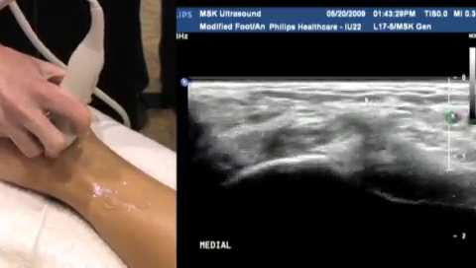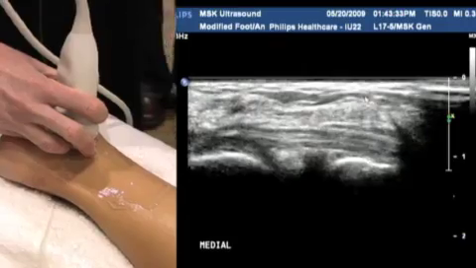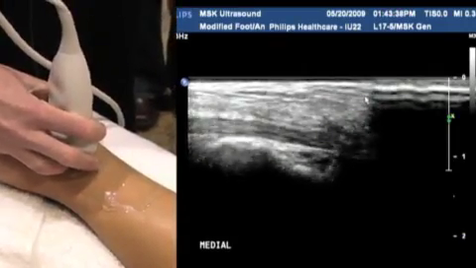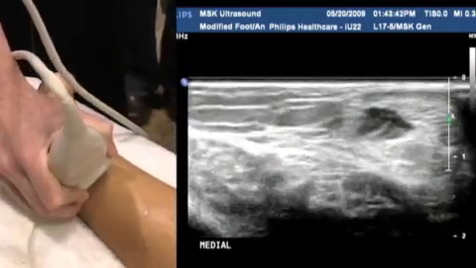Again, following it all the way down distally, and then coming to sagittal. And following it back up. Flexor hallucis longus at the back,